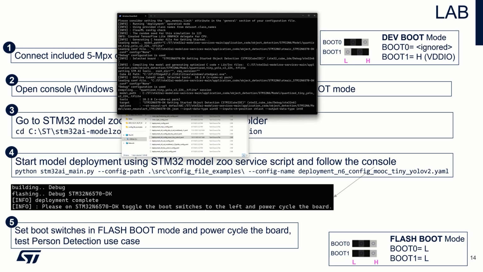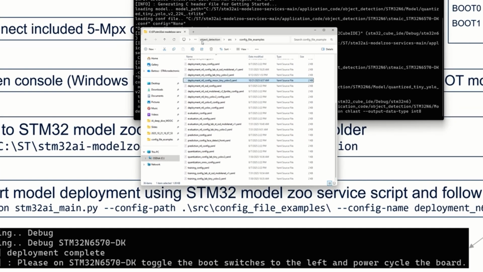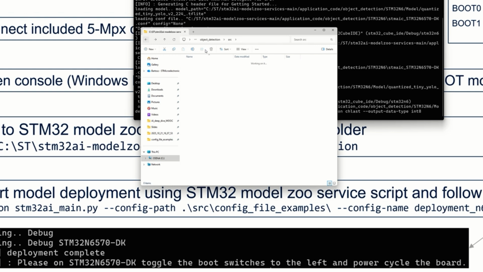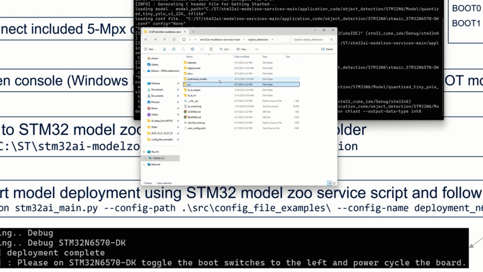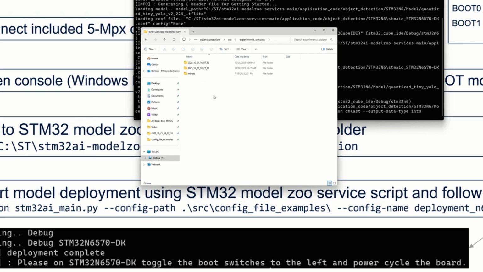And it is even more generic, because in this output subfolder you can find the results of each operation you execute using Model Zoo services. So not only deployment but also training, quantization, etc. So I'm coming back to the object detection use case of the Model Zoo services. Then again I'm entering SRC, and here you can find the experiment outputs subfolder. So let's enter this,